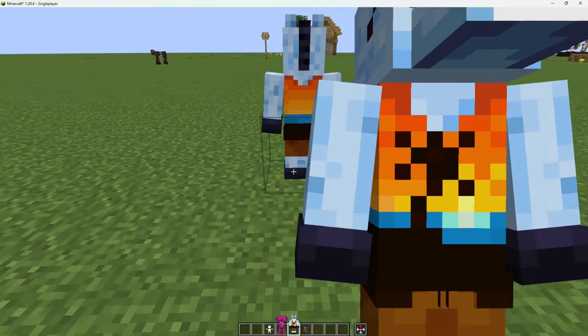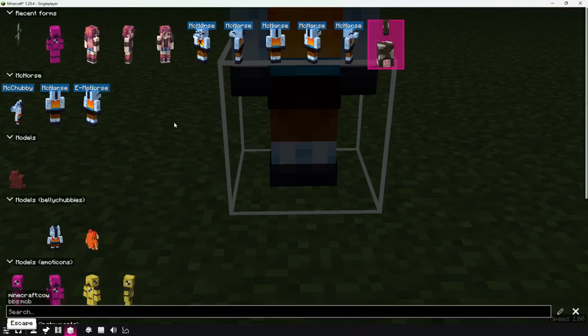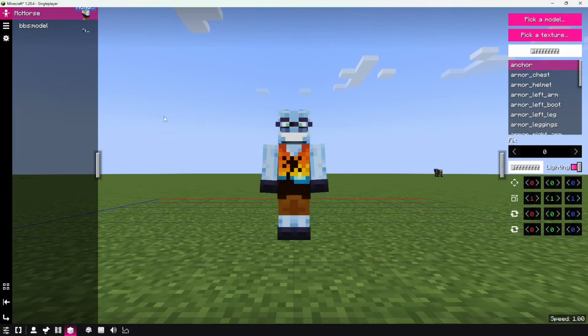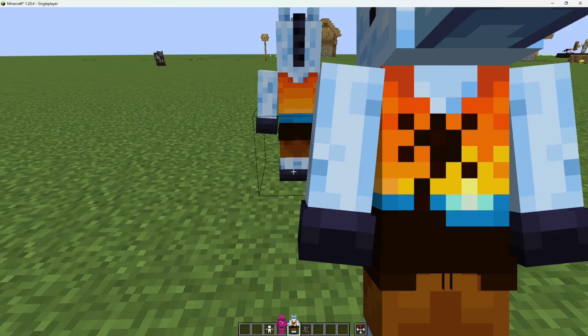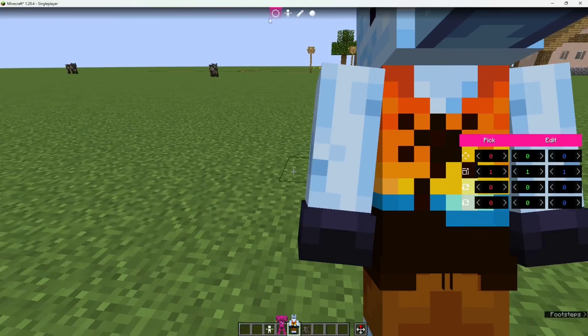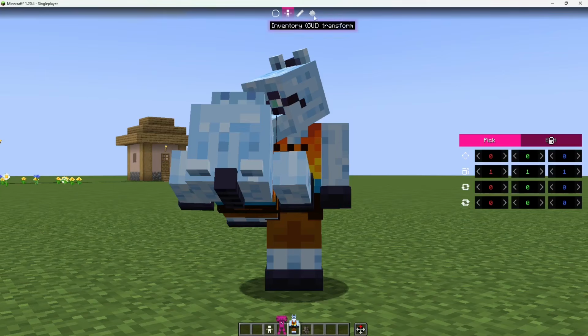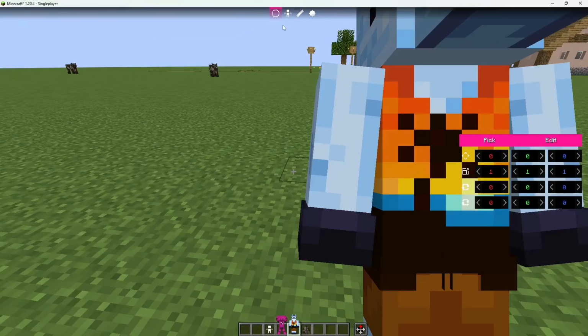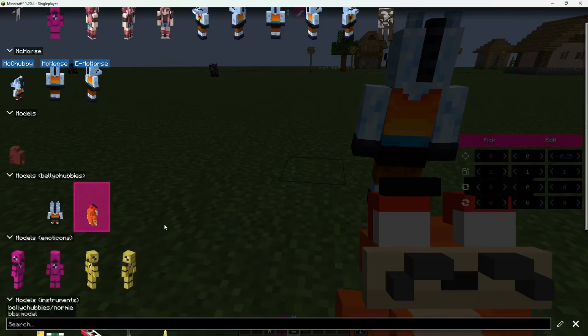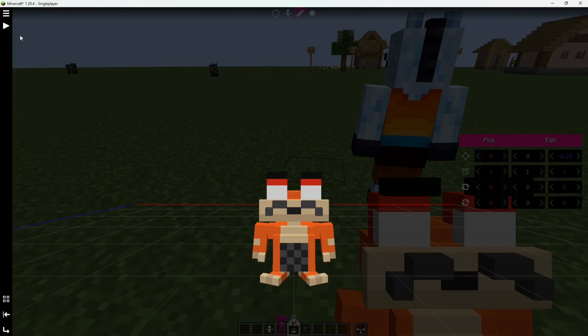Important note is that this trigger only works if you're editing basically the main default form. It's not gonna work with any of these specifically. So make sure that you edit this one, and then if you need inventory and first person stuff like that, they would be different. So it's not gonna matter, for example, if I have first person here to this guy, and I'll have some animation